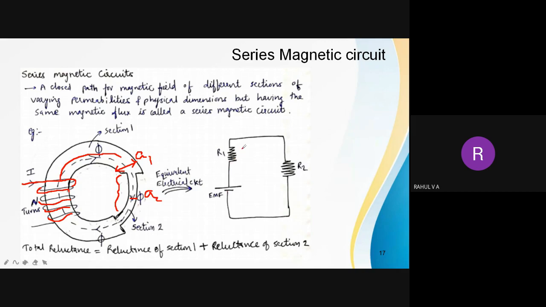Okay, likewise resistance we have discussed in the electric circuit. It actually opposes the flow of electric current. R1 will have a value and R2 will have another value. So similar to that, this magnetic material has two sections where the areas are different, and as flux flows through this there will be some difference. So the opposition to the flow of magnetic flux is reluctance actually.